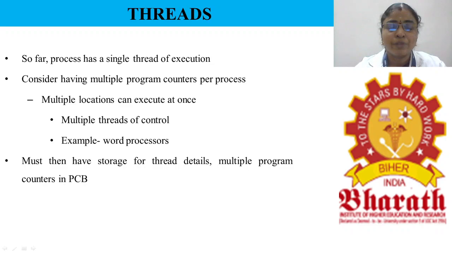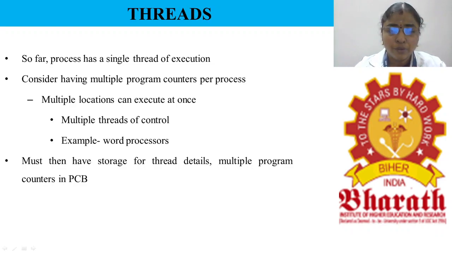So that time it will be named as multiple threads of control. That time we are using multi-threading. For example, word processor is the best example for that. Whenever you open a particular document to type your data or content, one thread will concentrate on getting values from the keyboard, another thread will concentrate on the spell check, and another thread will concentrate on the background process, like that. So this is an example for multi-threading.